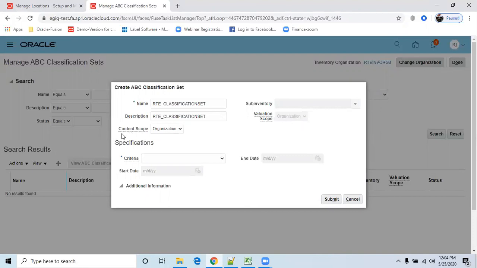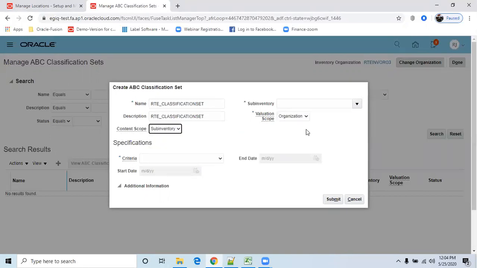When the content scope is sub-inventory and valuation scope is sub-inventory, then for a specific sub-inventory of this inventory organization, we are applying this classification set. So I'm repeating, when content scope is sub-inventory and valuation scope is sub-inventory, for whatever sub-inventory we are giving here, only for this sub-inventory the system will apply this classification set.